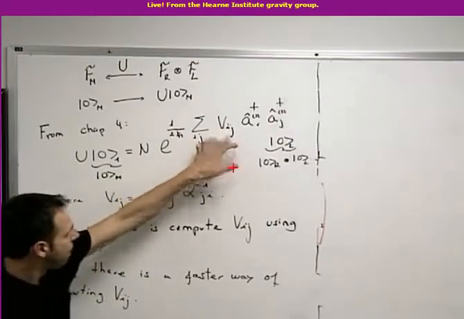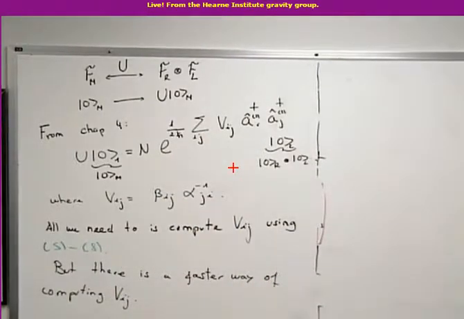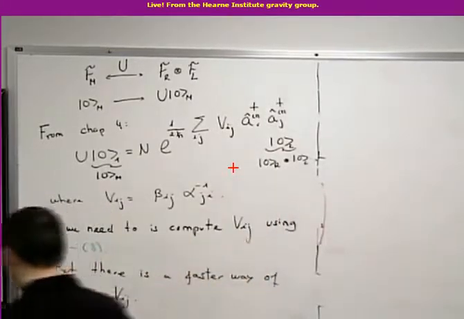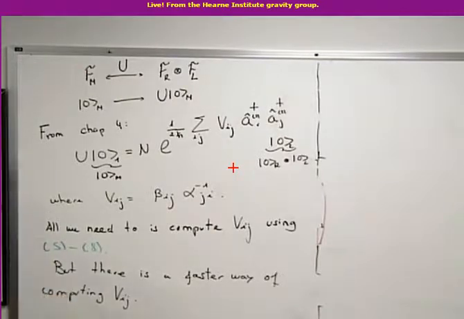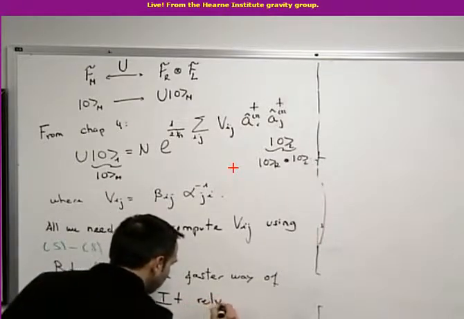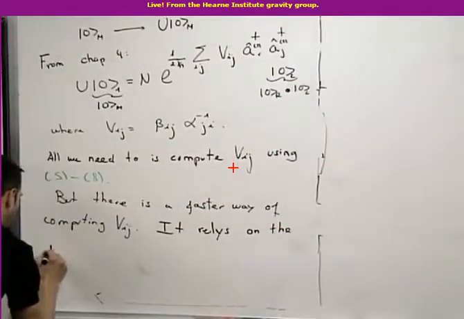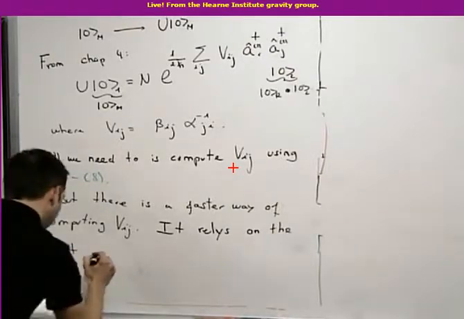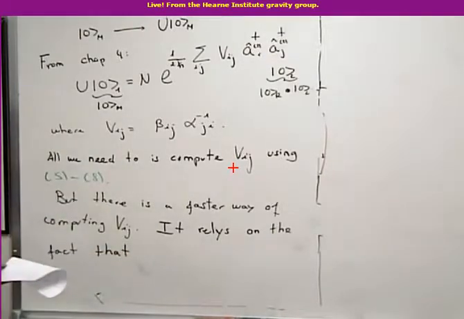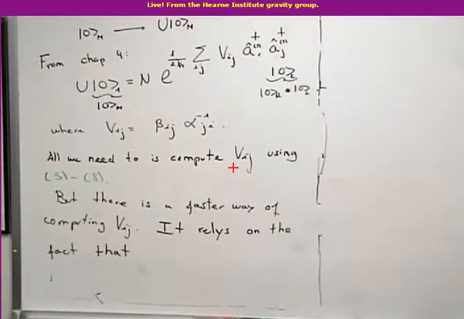Here, i and j, remember, are the labels of our modes. In our case, the labels of our modes are omega, k orthogonal, and R or L. So this is the label that corresponds to i and j. So there is a faster way of computing that, and the key point for that faster way relies on the fact that equations 7 and 8, this expression and this expression,